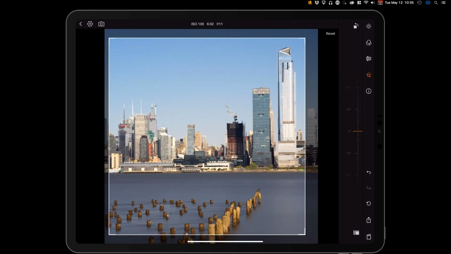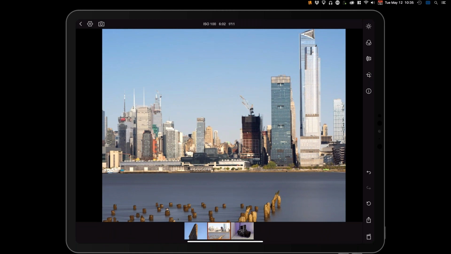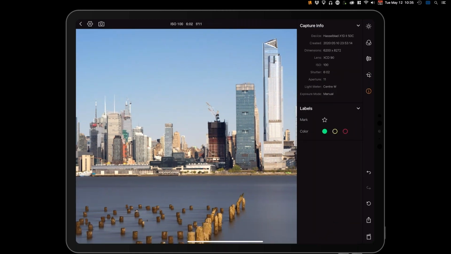So let's say this is a crop that I'm going for. We'll just set it by tapping the crop symbol there, and then come back full circle to the info icon where we started out by rating the images. You can also see metadata information like the camera, the original resolution or file dimensions, along with the lens and exposure information. So with these edits in play, our next natural step is to go ahead and export or share it.